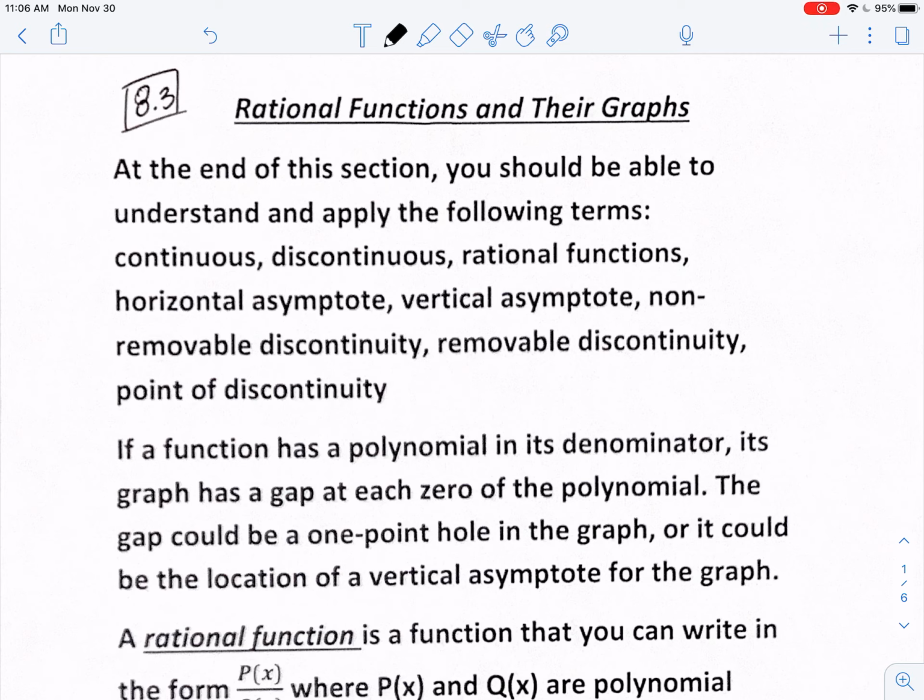Be able to define a rational function, be able to find and know what a horizontal and vertical asymptote are, be able to find points of discontinuity and whether those points are non-removable points or removable points. Okay, so